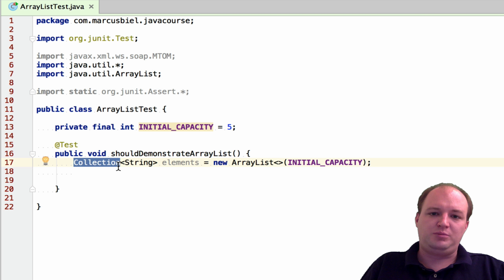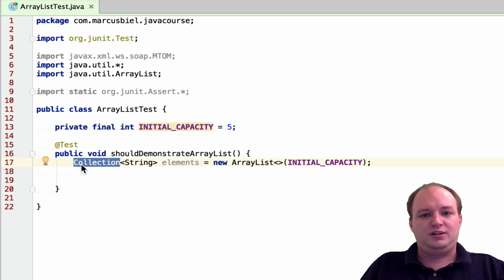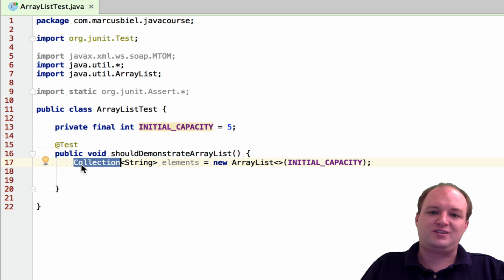Now this might be a bit counterintuitive at first, because why is that not ArrayList or at least List? Well, there is a reason for it, and let me cite Robert C. Martin. He says, a good architecture is one that maximizes the number of decisions not made, or the number of decisions deferred. And this is such a situation.